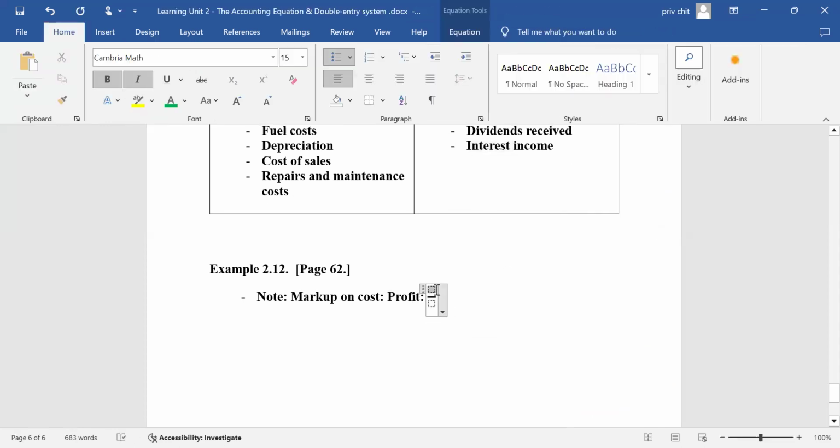So it means when you want to calculate profit, you take the markup, divided by the cost price percentage plus the markup itself. This whole thing has to be multiplied by